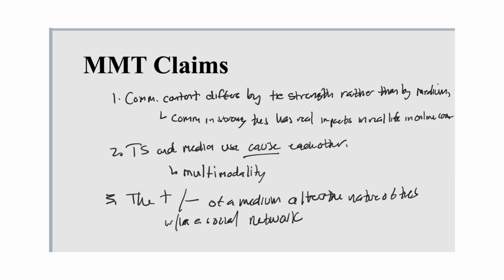The only people that won't really be affected are strong ties because they employ several other media for relational maintenance. So if you have a weak tie or a latent tie and you cut off that specific medium, that's really damaging for your relationship. If you have a strong tie, there's still hope because you have these other forms of connection. Now, here are the limitations to the theory.